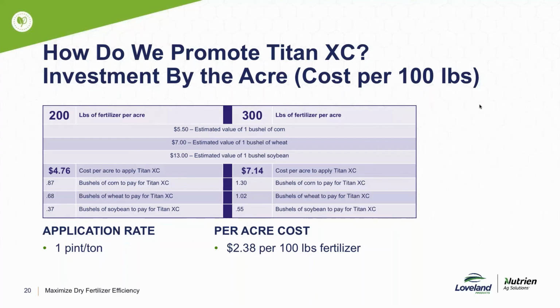Guys, we saw those numbers on the previous slide across those data points. Average of 11 bushels on the corn, average of 4 bushels on the beans, average of 3.5 bushels on the wheat. More than enough evidence to show that this technology works and can give us a really, really nice return